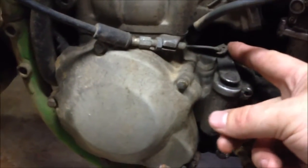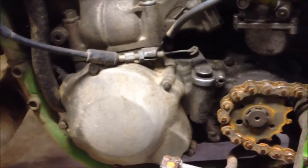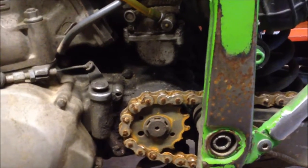But I mean, it's just little things like this. I don't know what that's supposed to go to. This has been jerry-rigged somehow, because that's probably not the right throttle cable on it. Probably one off another bike. You know, just little things. So I'll get it going over time and throw some money at it here and there